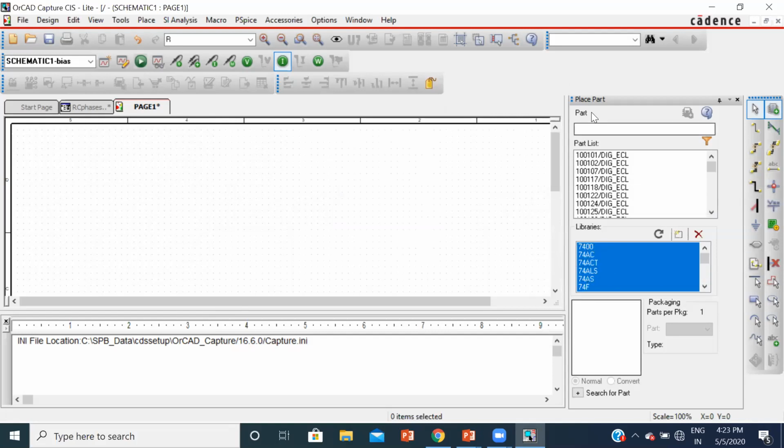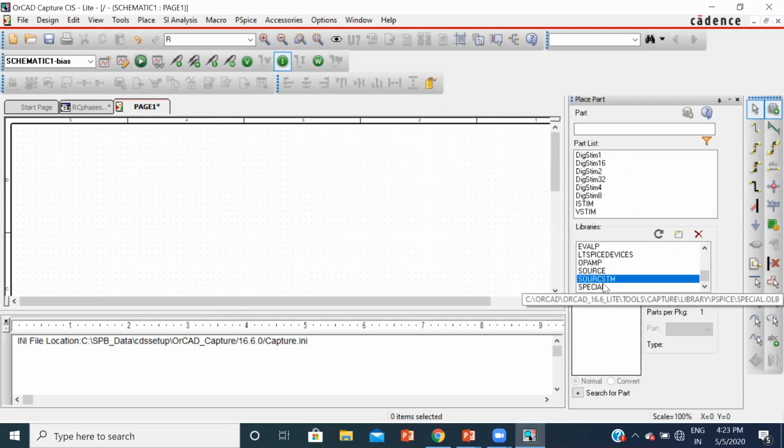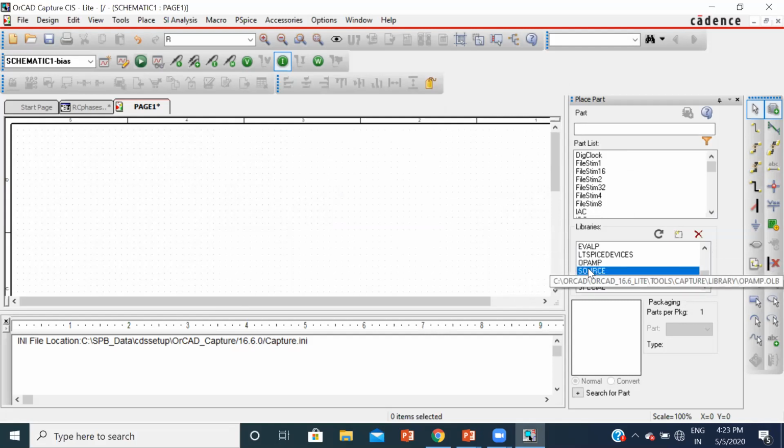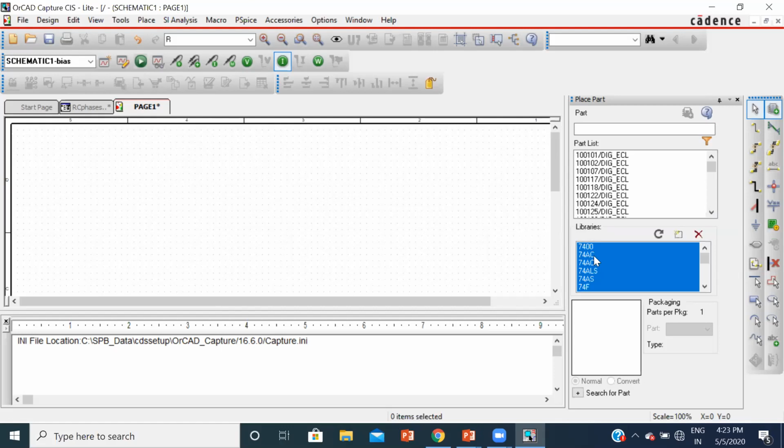And then to search for a particular device or component, what you can do as a beginner is select all of this. See, I had selected all. If you select this particular source, then whatever devices or components are under the source will be shown over here, and from this you can select whichever part you want. But a beginner won't know which devices are under which library. For that, you can click and drag the entire library, and then you can start searching.